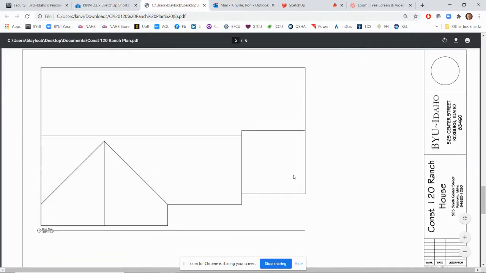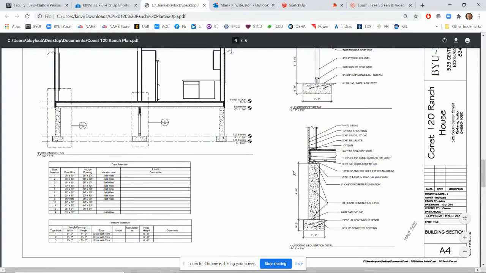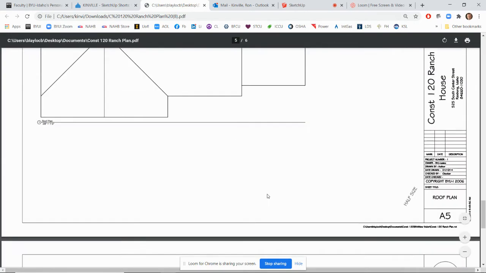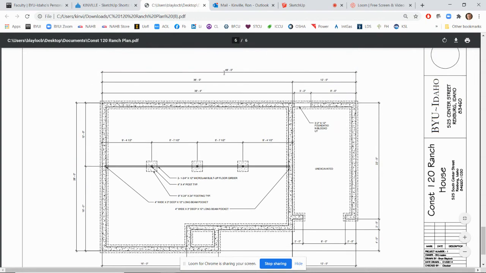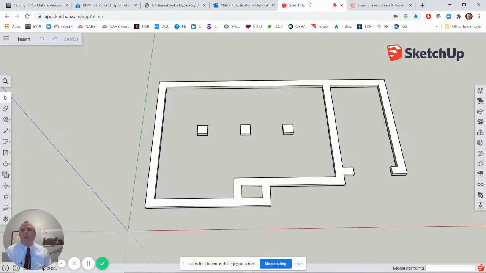We can look up into the detail on page A4 and we see this. Here's the foundation wall, and it says it's 9 inches wide by 48 inches tall. So 9 inches wide, 4 feet tall. And then here we can find our dimensions, 28 feet on this side, 48 feet on this side, and so forth. So let's go back to our SketchUp model, and we're going to input our